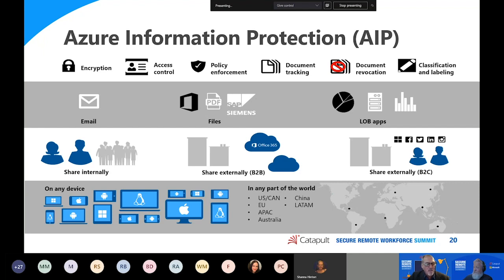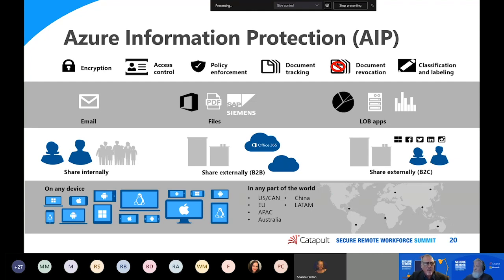But AIP can protect your sensitive data no matter where it happens to land. Could be in Gmail, it could be in Box or Dropbox, not knocking those platforms, but it could wind up where your IT and your governance process aren't aware of that. So this helps safeguard the protection of that data at various levels and different actions based on that level.